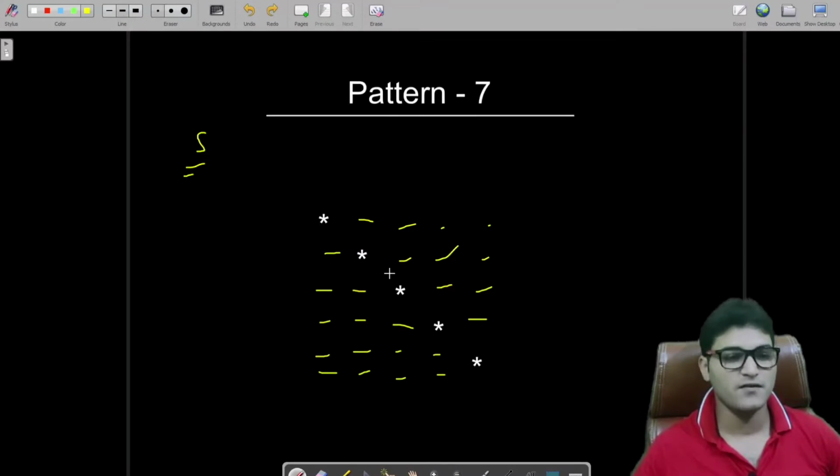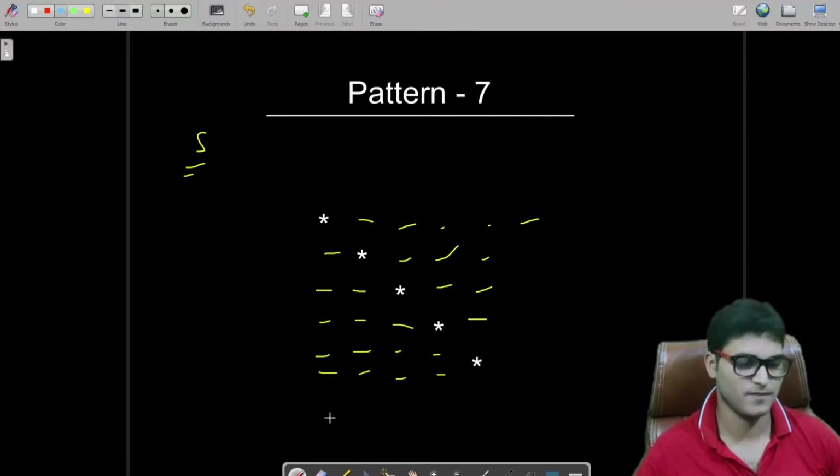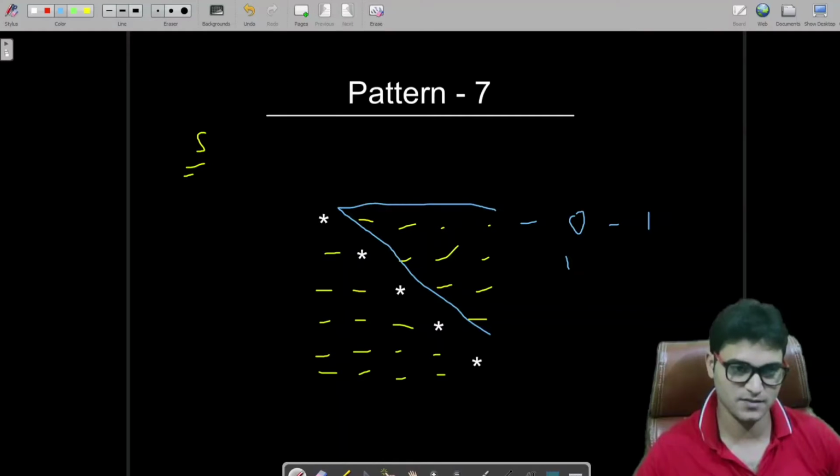So again, we will analyze how many rows and how many columns are there in each row. So in the first row we have 0 spaces and 1 star. In the second row we have 1 space. As I've already mentioned, we don't have to worry about this section.